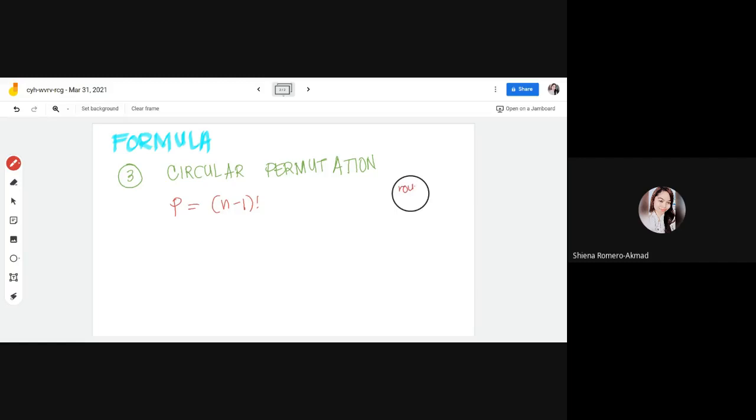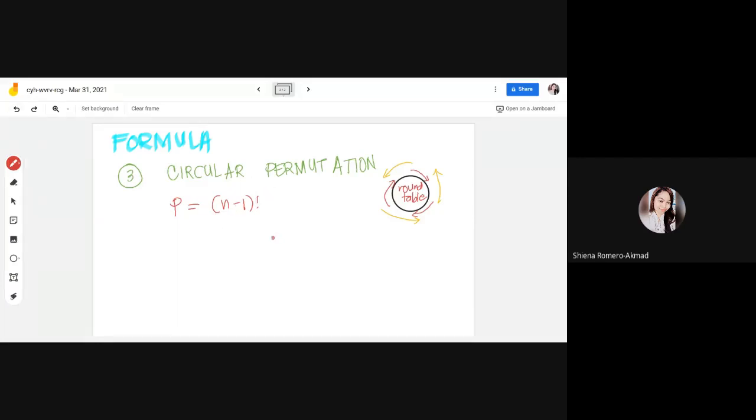Pag in-arrange natin sila in a round table, madaling ma-identify kung yung pag-arrange natin ay clockwise or kaya naman counterclockwise. Pwede rin namang pa-counterclockwise. Okay? So meaning, if you're going to use this formula,